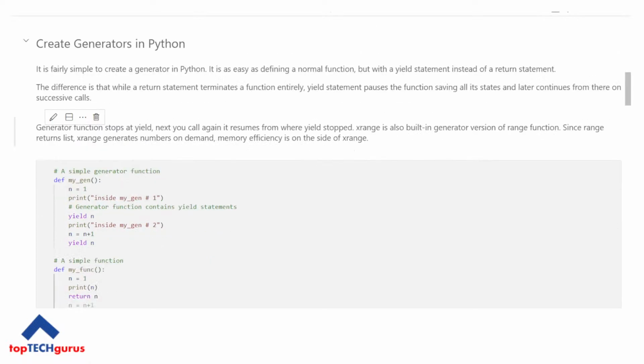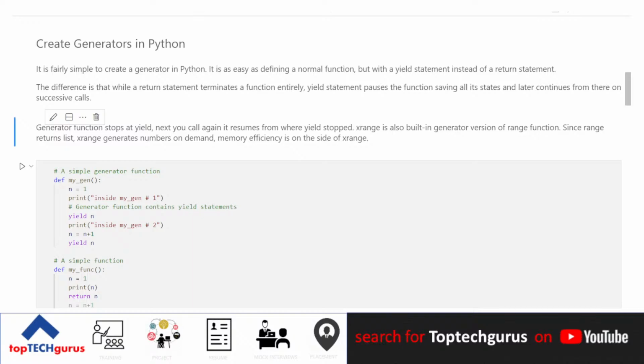So what is a generator and how is it different from a method? The way you write your generator and the way you write your method are going to be very similar. You're going to use a def statement and then put in your method name or a generator name. The way Python will know if this one is a function and this one is a generator is that the function uses a return statement,